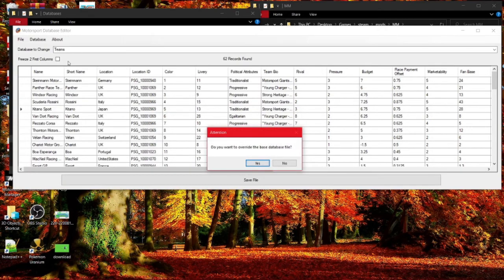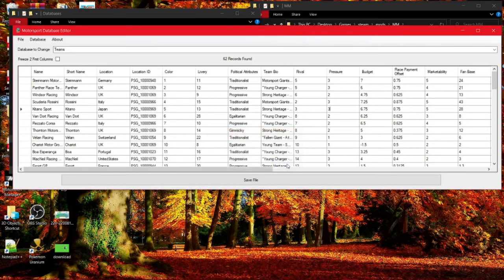Also, when you save a file with the database editor, do not hit yes on this option, because once your file is saved, this will pop up: Do you want to override the base database file? You need to click no, because if you click yes and you made a mistake somewhere, actually even if